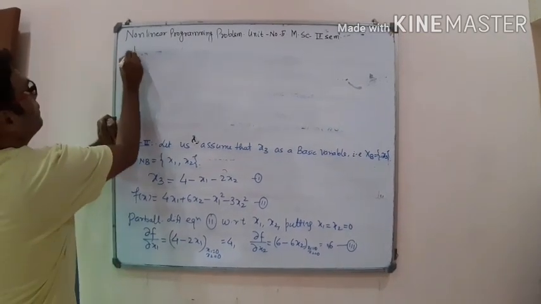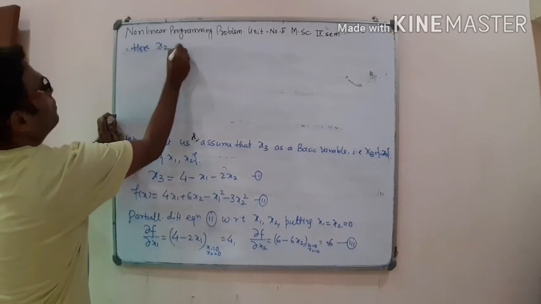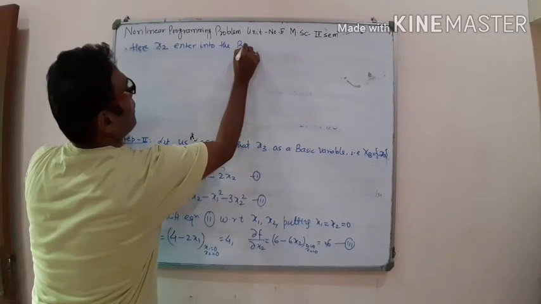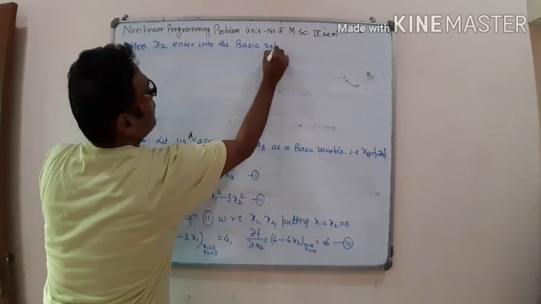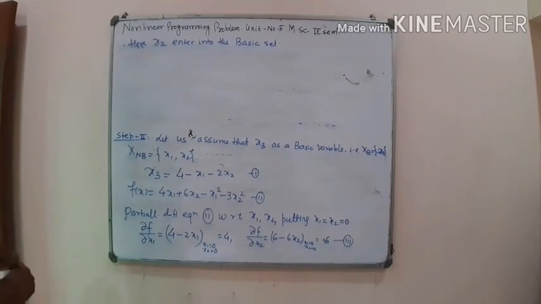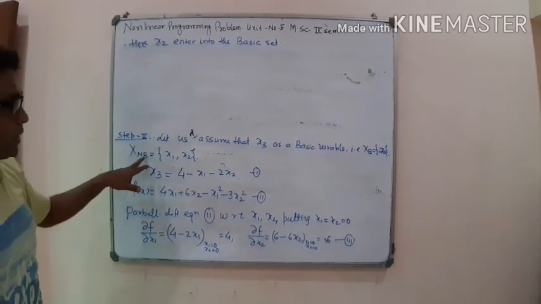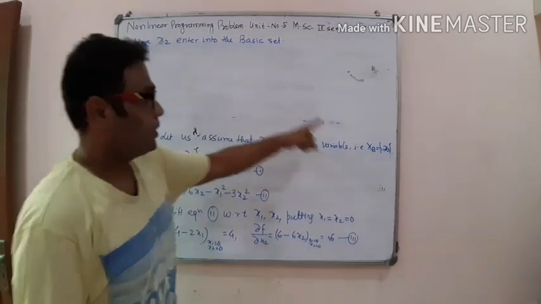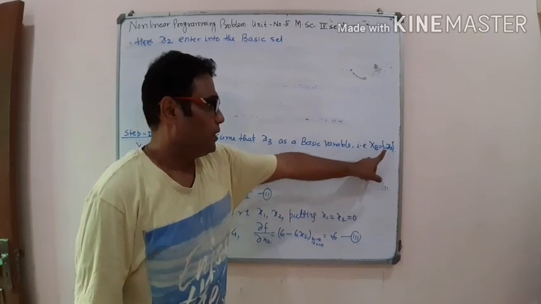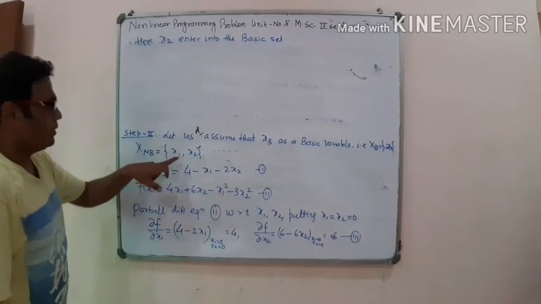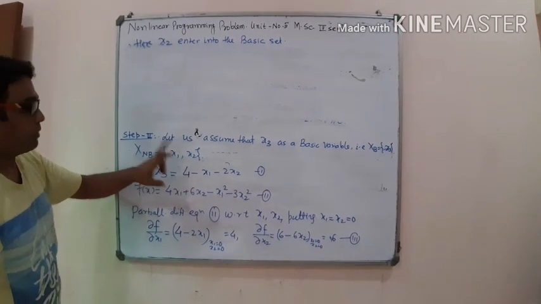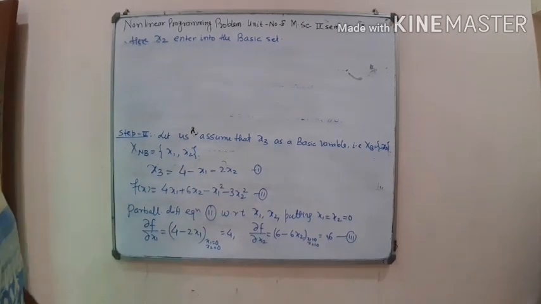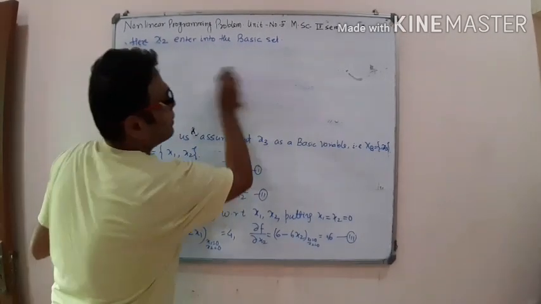So here x2 enters into the basic set. Now the question is, the number of variables in the basic set is still the same or it will be changed. So here we observe that x2 is entering into the basic set, so obviously this number will be increased and this number will be decreased by one variable, or maybe one variable is introduced in the xB. It depends upon our ratio.